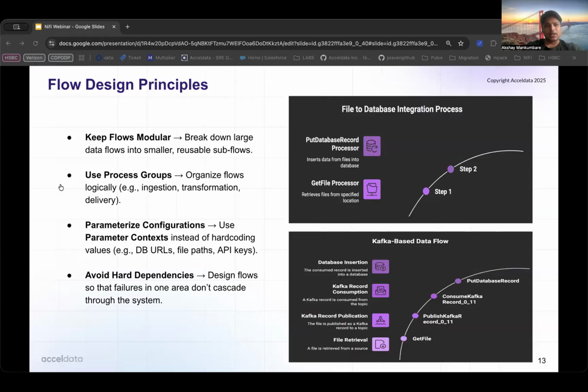So there are certain flow design principles which I have laid out, I think are crucial to get the best out of NiFi. So first is keeping your flows modular, right? What I mean by that is, when a user goes through a journey of creating a data flow where he or she wants to read the data from one source, do some kind of modification or transformations and send it to a destination,